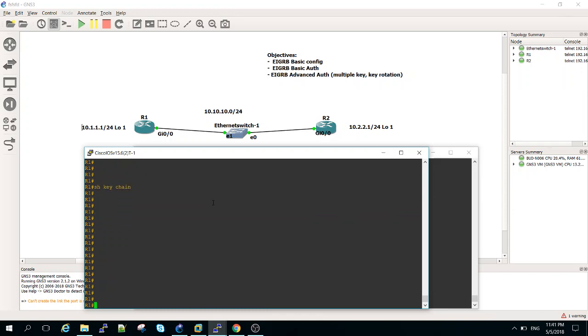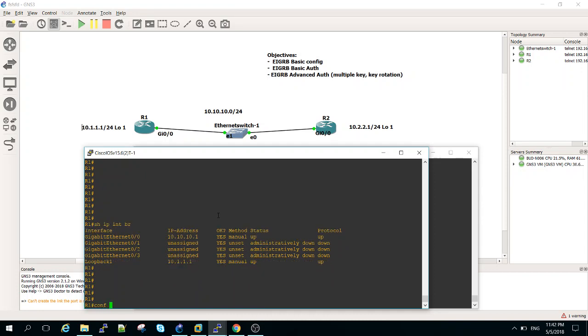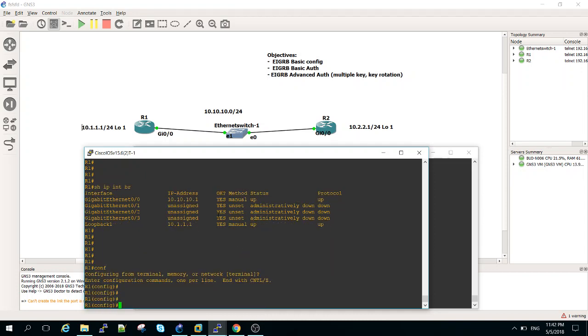router 1 just to show you where I am. I will just initiate show ip interface brief. Okay, I have my GigabitEthernet 0/0 and loopback interface 1. As you can see, they have the IP addresses as already shown on the GNS3 draw map. Okay, so I'm going to go to configuration mode,